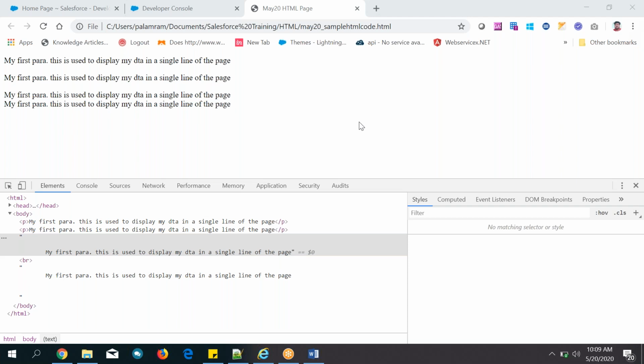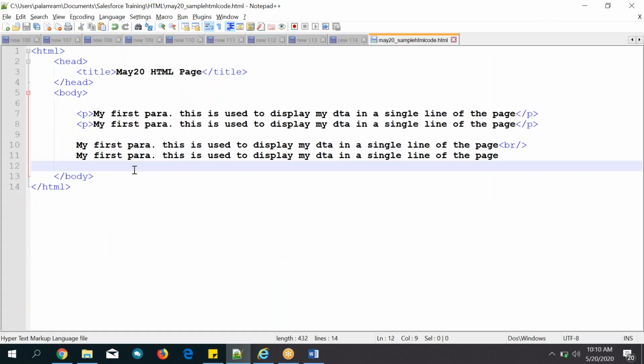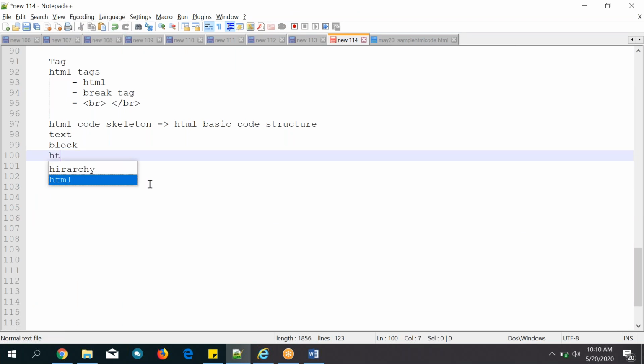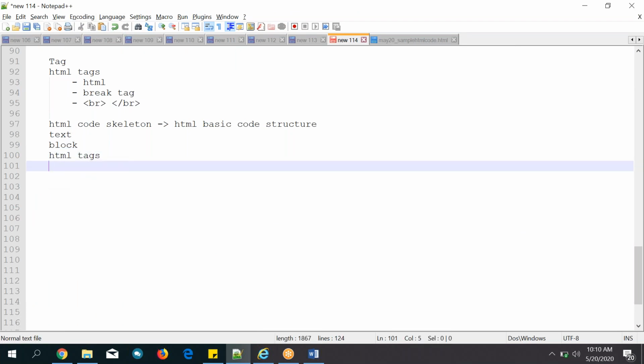Any questions? So this class might be boring for whoever knows HTML. Okay, because I am telling from the basics, and I will tell a few other tags. After that, let's see. Tomorrow we will work with these tags in a Visualforce page. So first we will work with these tags here, and see what the different tags are. Now let's see here, HTML tags simply.